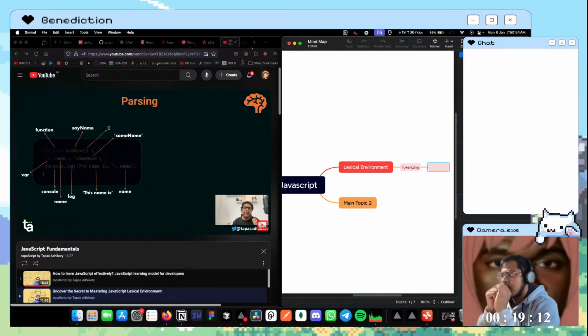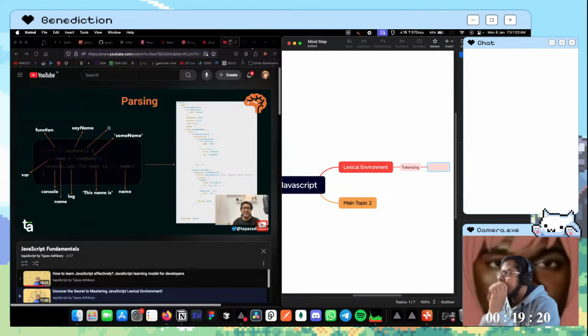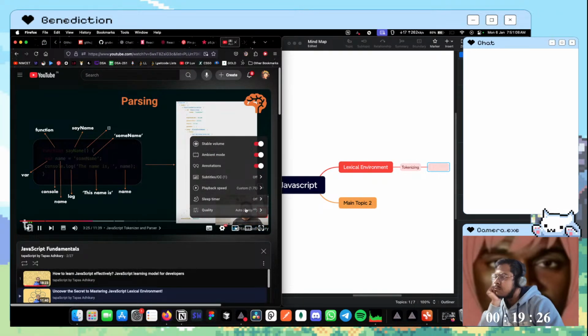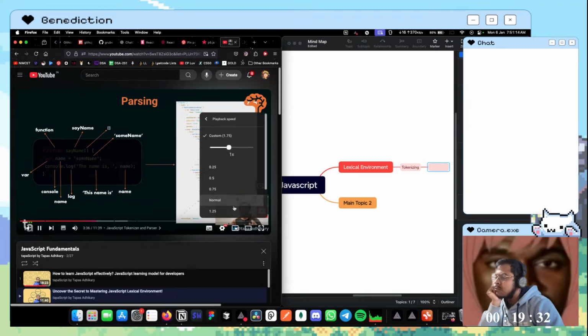Once the tokens are done, the next strategy is called parsing. Parsing is basically a mechanism which takes all the tokens that you got after tokenizing and builds a tree structure, which is called an abstract syntax tree, or AST. If you have ever studied any book of DSA in your engineering and programming, you must have heard about AST, which helps you to identify how your code should be organized for it to run perfectly, and how your code is not organized so that it doesn't run perfectly.